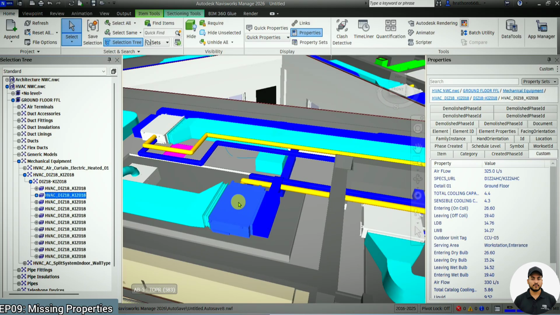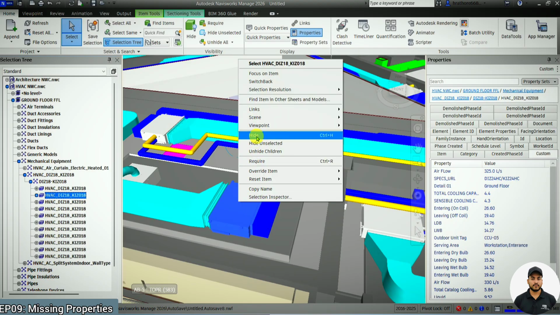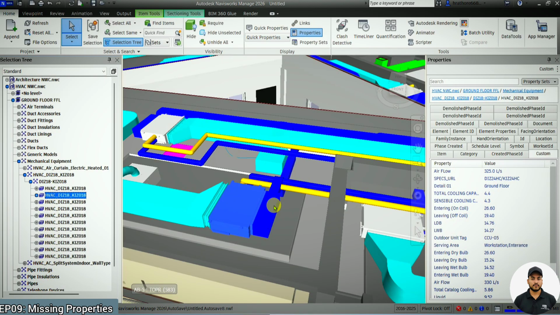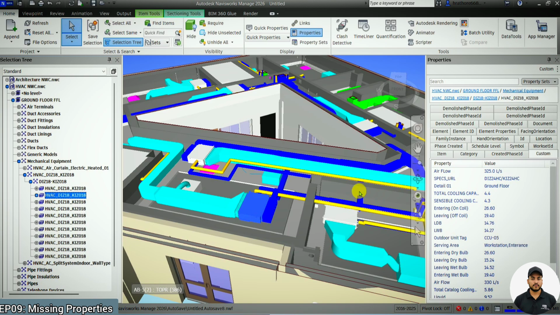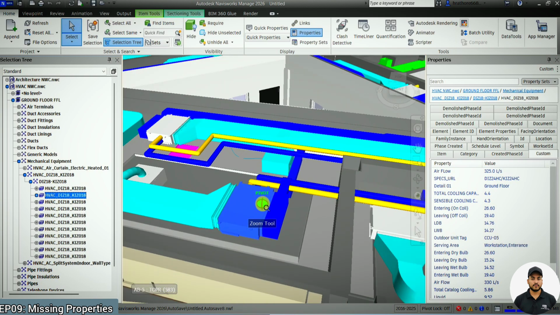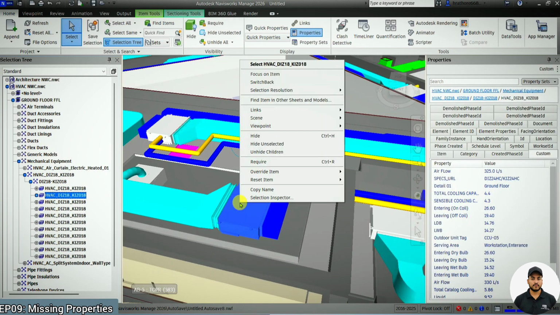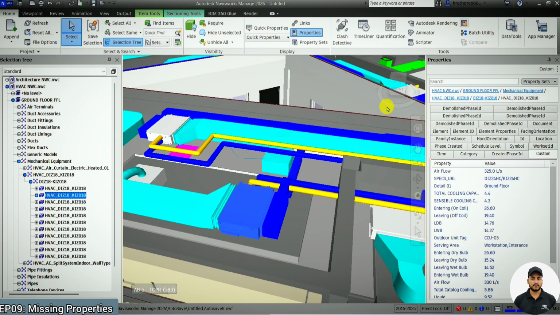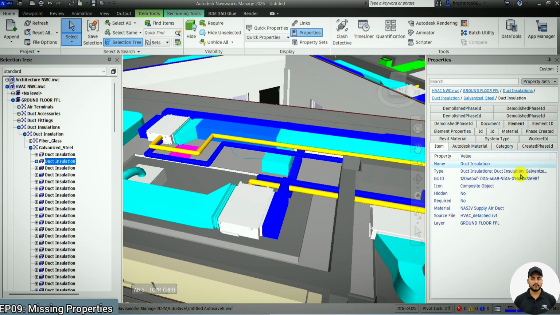This is how you can change the selection properties, and people should be aware of this, because sometimes I receive queries that we select a particular object and the full HVAC file gets selected. I don't want to select the full file, I want to select only that particular element. So you have to make sure that the selection resolution is always set to first object. This is the preferred and the best one. In this way you will see all the properties